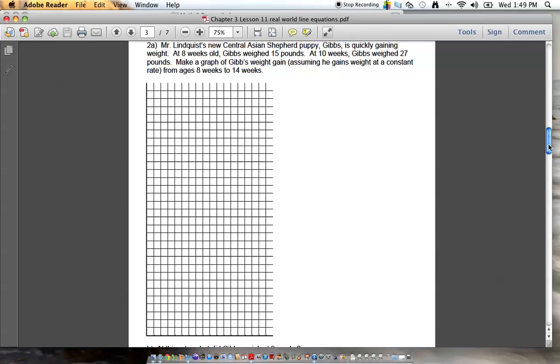So let's graph Gibbs's weight gain. Go ahead, do it. Come on, let's go. Work on Gibbs's weight gain here. At 8 weeks old, he was weighing 50 pounds. At 10 weeks,